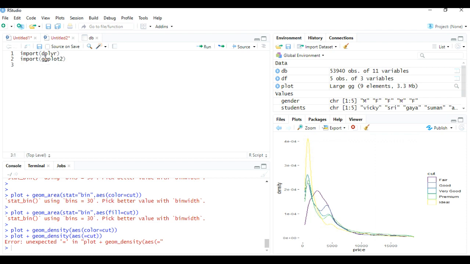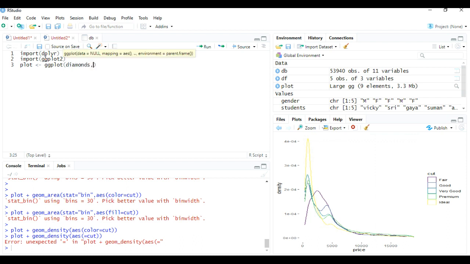Now here first I'm going to plot a bar graph. So for that I'm using a variable plot equals to ggplot. Inside that I'm going to use a dataset. I'm using the same dataset as I used previously, that is the diamonds dataset.